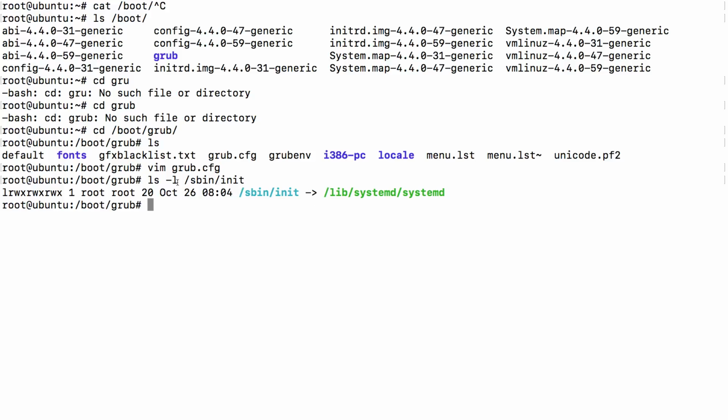But if you're curious what init manager you're running and you want to see if it's systemd, and you ls -l on it and it points to systemd, then it's pretty much guaranteed to be systemd. So we know that it started up and all of that. Remember, if we look at our process tree,